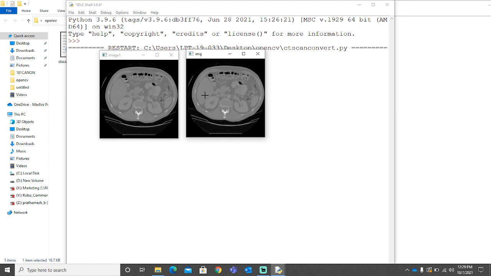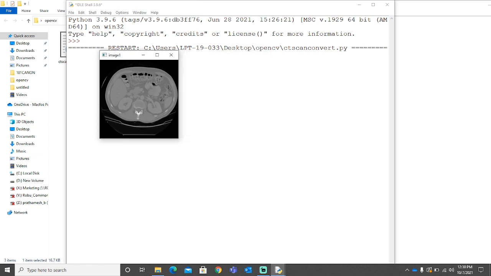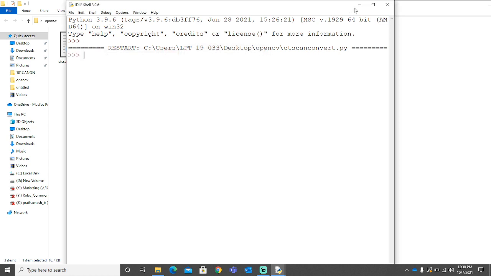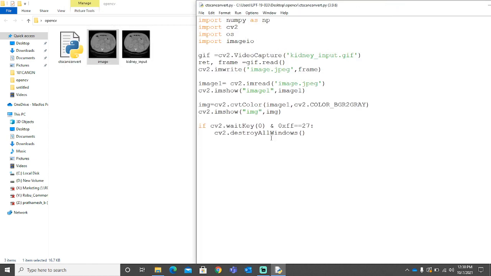And the foreground are these things: the liver, the kidney, the spleen, everything which we need to label and color. Okay, so that's it. So thresholding is basically separating foreground from background. Let's do this.